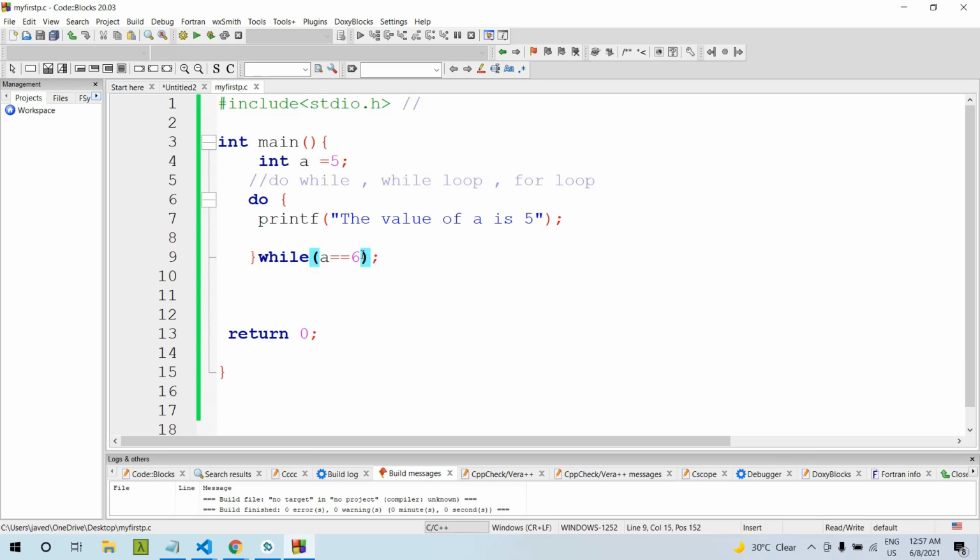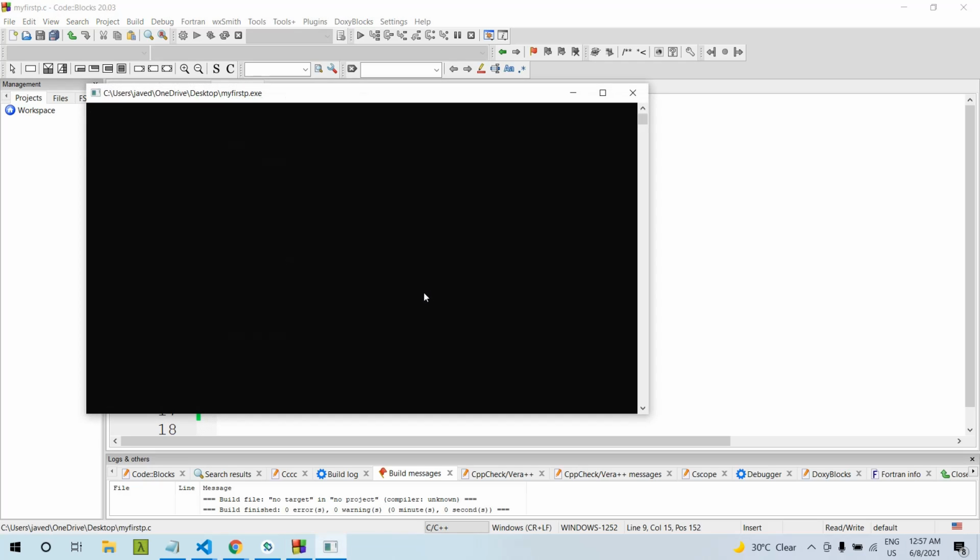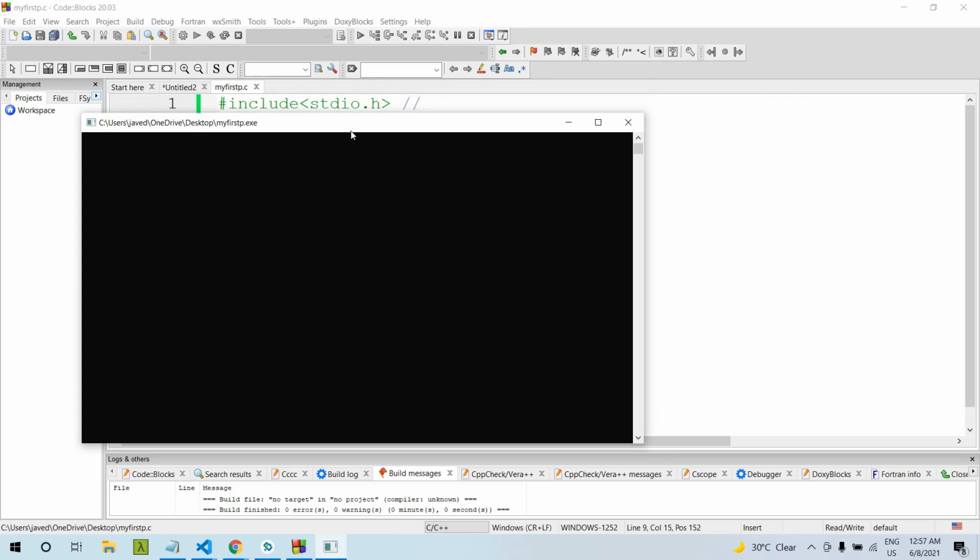Like we have a is 5, and the condition is a equal to 5. Let's execute this.